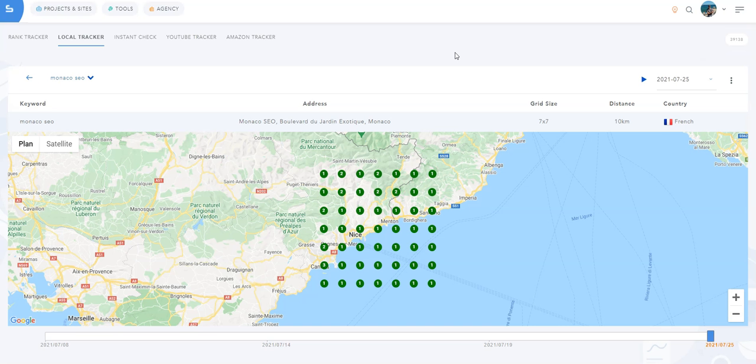So we have a grid here that we created before. Each number represents a position in this specific location. You can easily switch from one check date to another using the drop-down menu located at the top right, or the slider located under the map. That way you can see exactly where you or your client ranks in different locations on the map and track positions over time. Remember, these positions are your or your client's keyword positions in Google's local results. You can also export this data as a PDF file by clicking here. Quite useful if you want to quickly share this data with your client, for example.